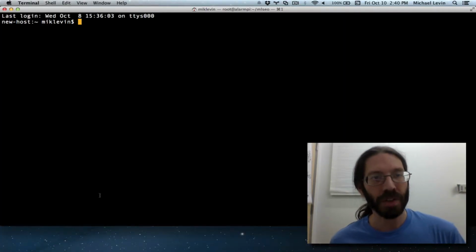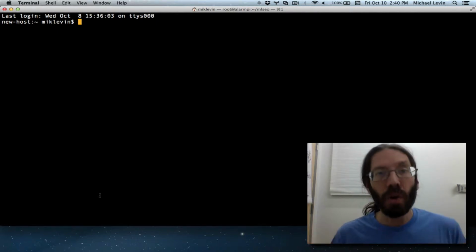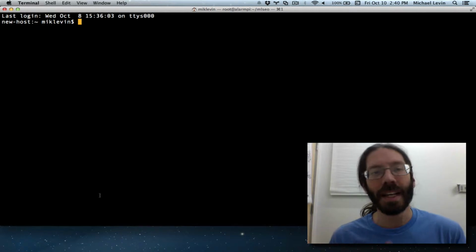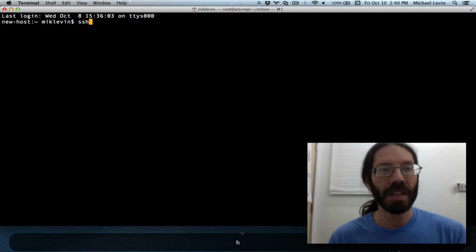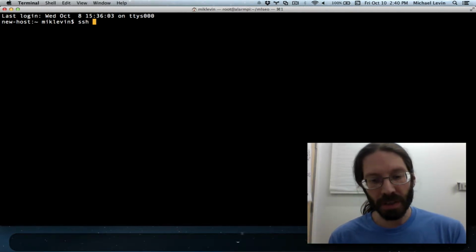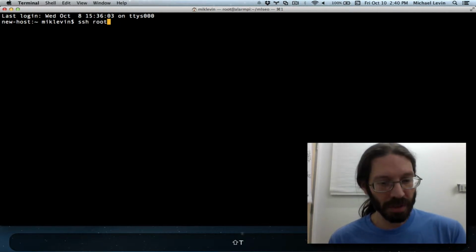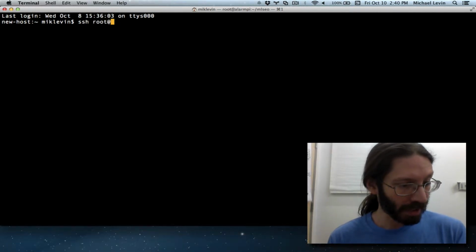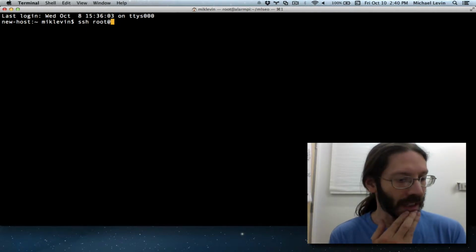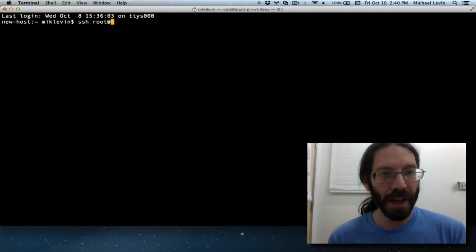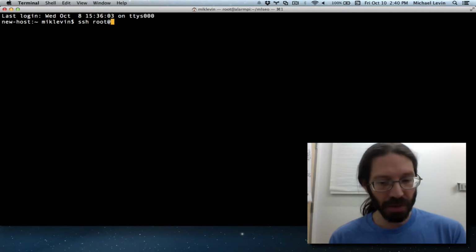I like my first virtual screen to have a terminal. When you open a terminal on the Mac, it is connected to your local computer. It is not connected to any external computer yet. But the way you see me using it in all my tutorials is by doing SSH to root at my very local machine. I can get to it through DNS, by referring to